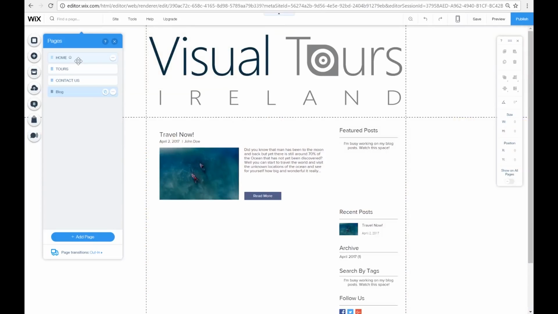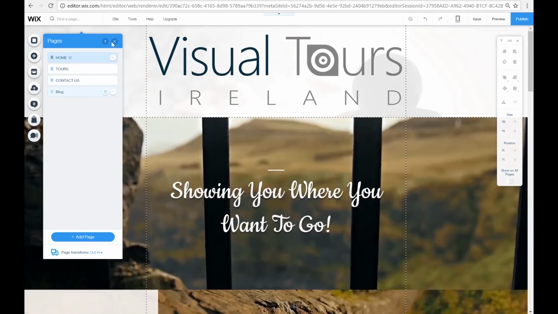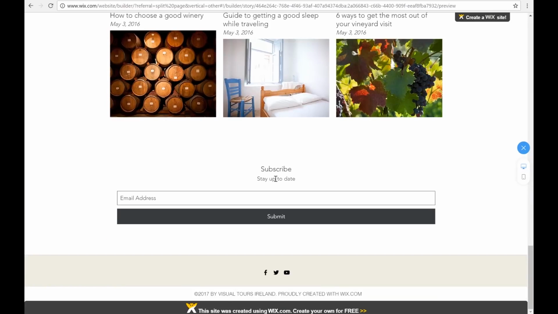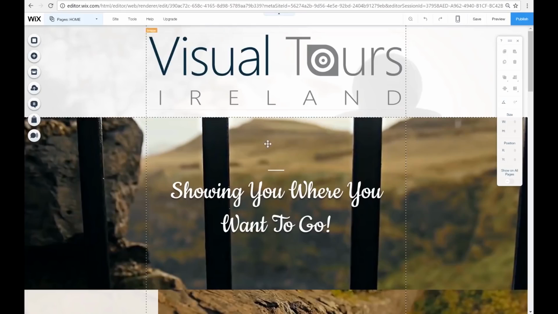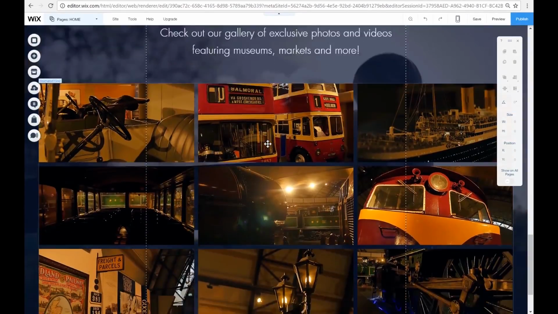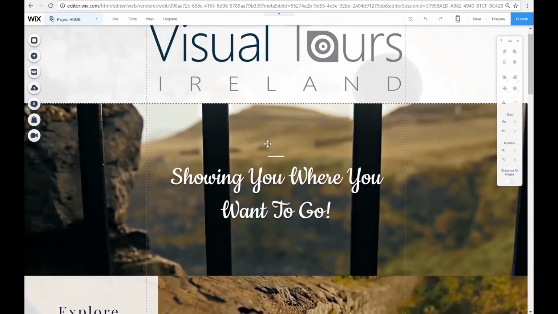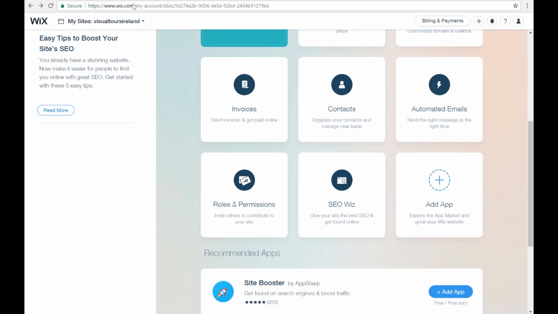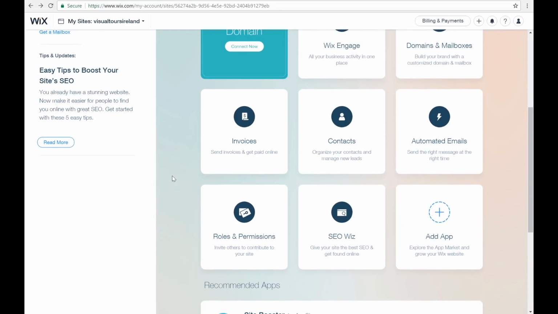Also, we have homepage, tours, contact us, and blog, and that's as far as we're going to go with the Wix editor in this tutorial and with Wix ADI. This has generated a good website, and we have built a decent website from the Wix editor also. The only things left to talk about now are Wix hosting, domain names, SEO, and Wix Premium. When we upgrade, you will see what perks you will get with the Wix Premium. So SEO.